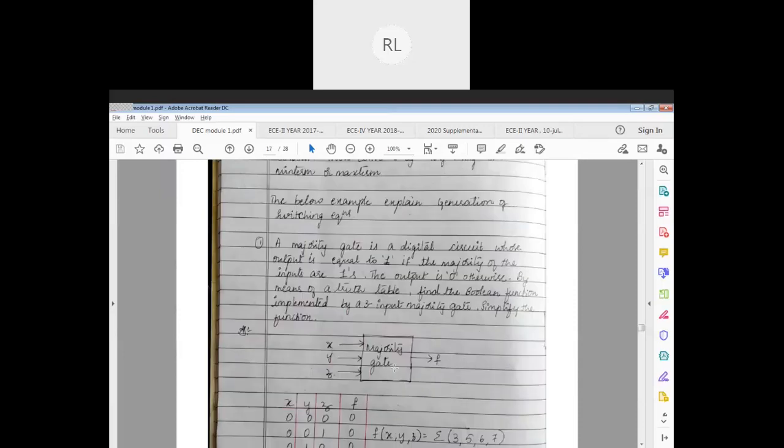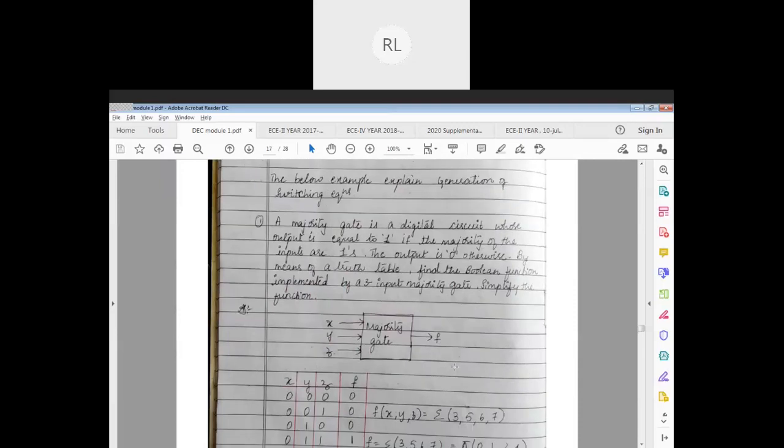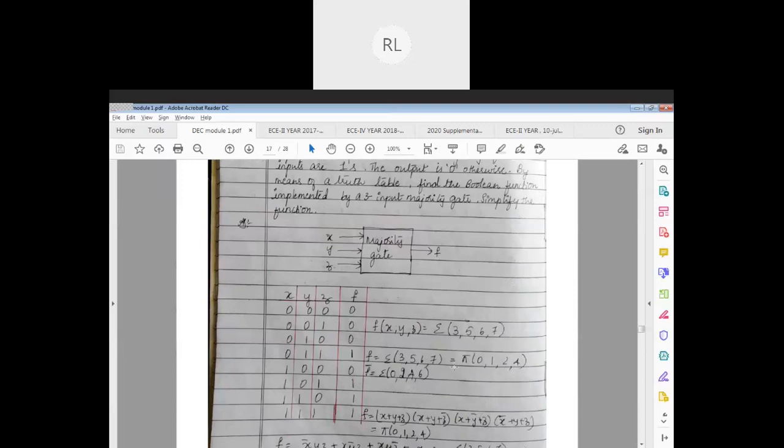So I have a problem here. I understand what the problem is. It's not needed that you draw this block diagram, but it makes our understanding simpler. Then you can have this truth table. So as soon as you get the truth table, you